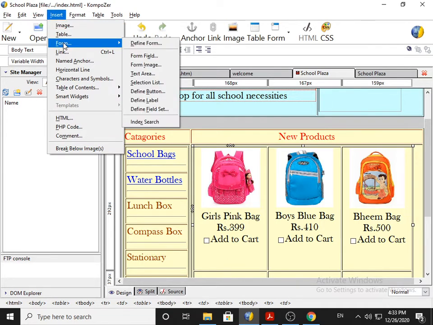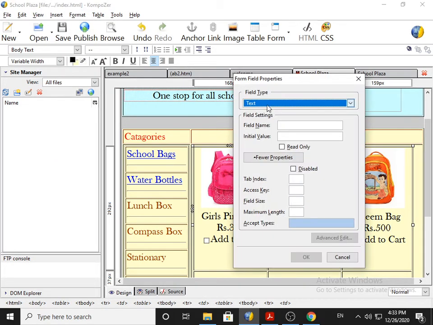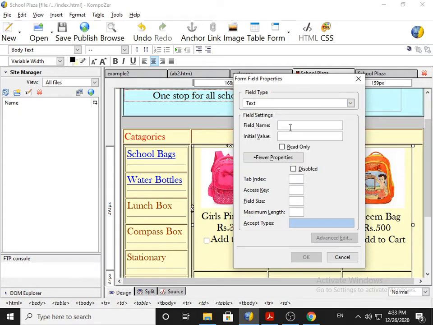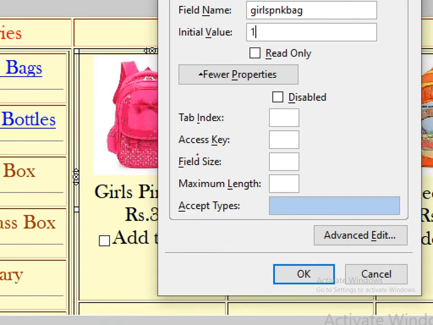form field. Now previously we were selecting checkbox here, now we select text. Name is girls pink bag, initial value 1, size, this is important, field size, because if you do not prepare this, a very big box will come.